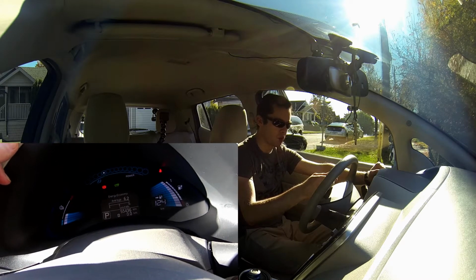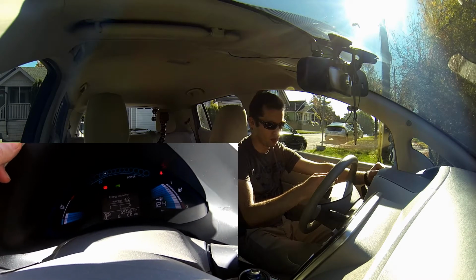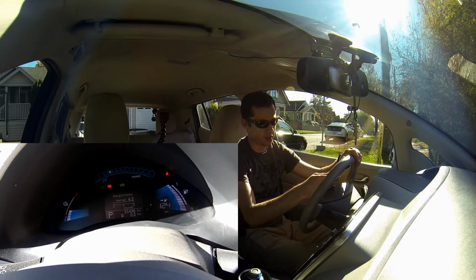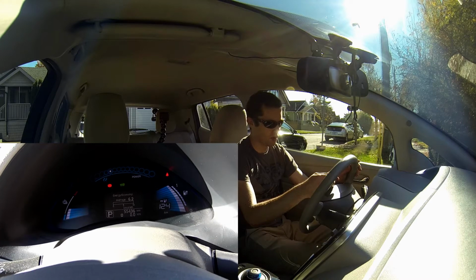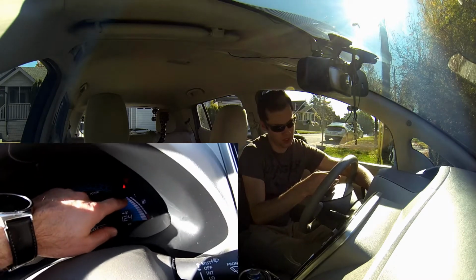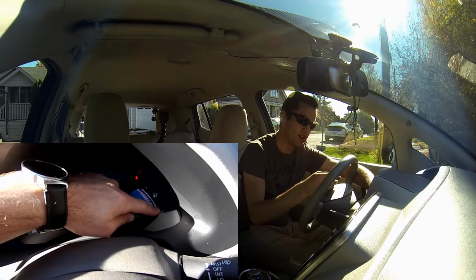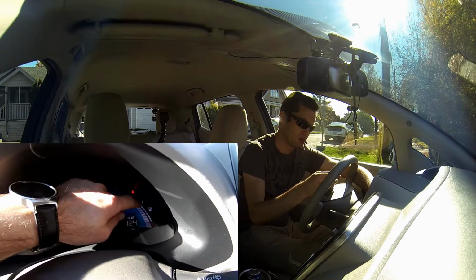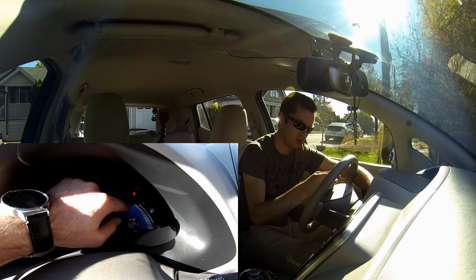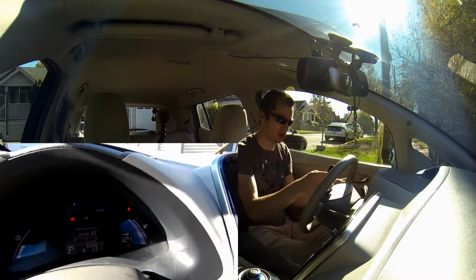6.2 kilometers per kilowatt hour, which is pretty reasonable. I know my wife usually has climate control on for her trip. As her daily trip's about 40 kilometers, the range of this car, even with the reduced capacity, is no issue. And you can also see here, this is the state of the charge, and this is the state of the battery. So the battery itself, you can see it doesn't go all the way to the top. So the battery's charged as much as it can go, but the capacity has been dropped, and that's what those